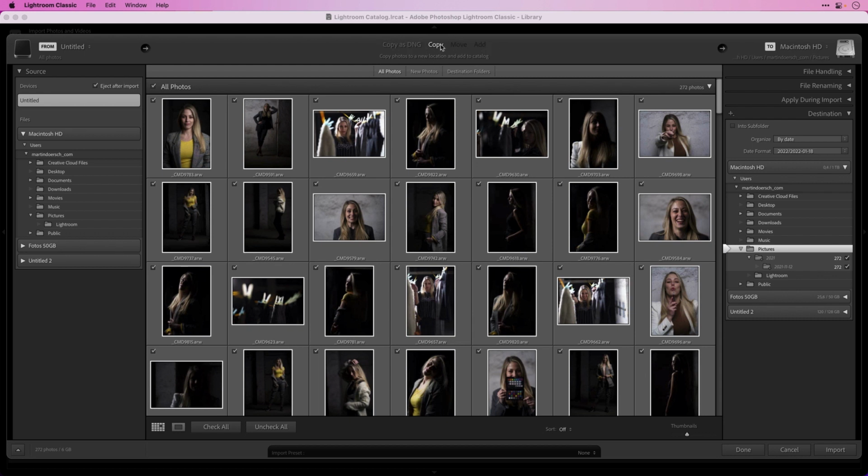To copy is the option you have when you're copying from an SD card to the destination here on the right. If you have your images on your hard drive, you can move them, let's say from your desktop to a destination of your choice. Or you can add them. If you have an image structure on your hard drive that works, then you can add them to the catalog. But now I have an SD card and I can copy the images.